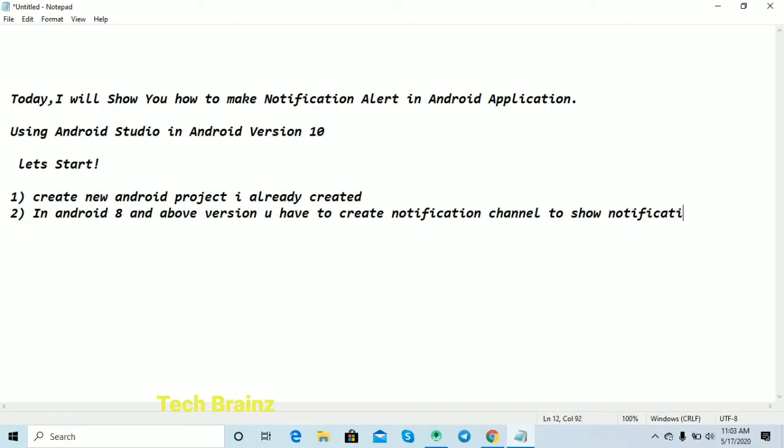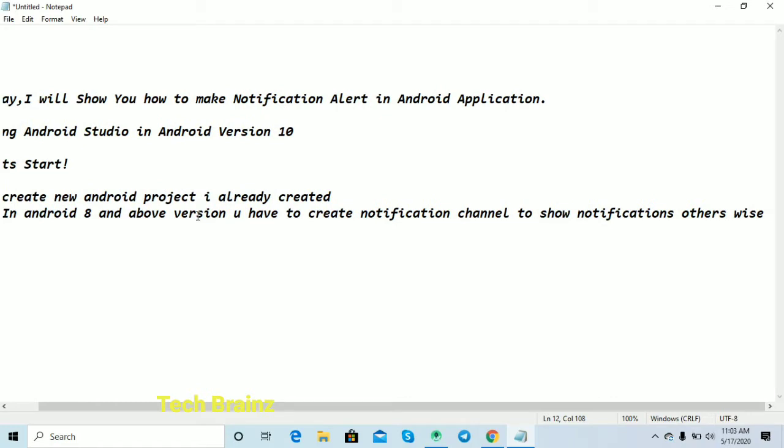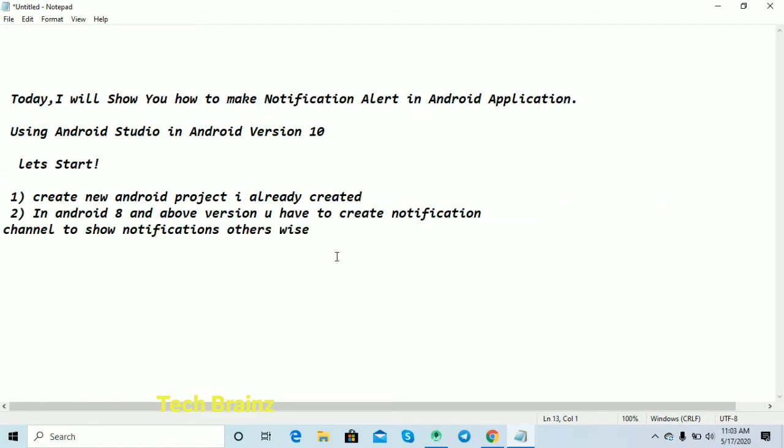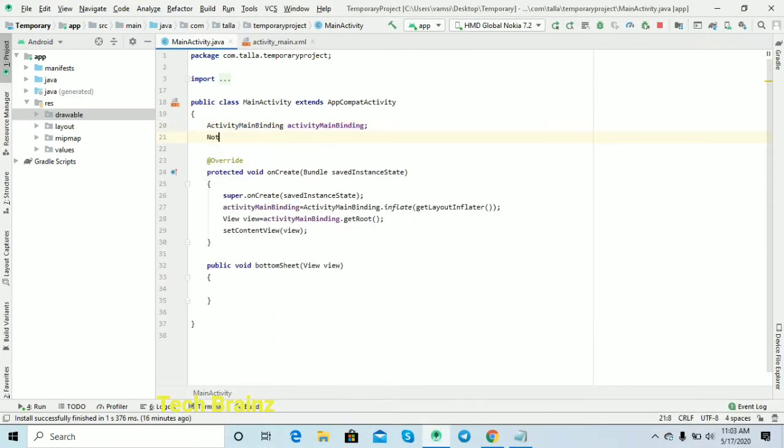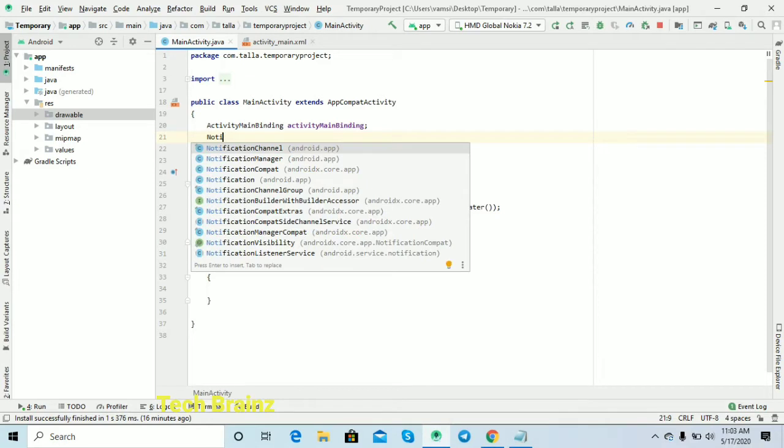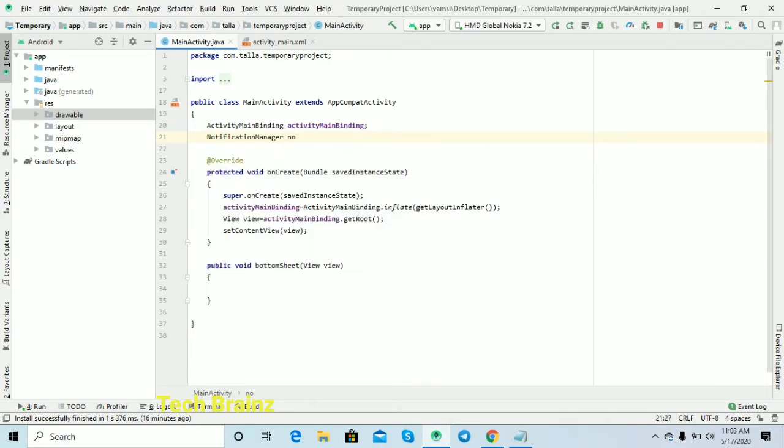Below Android 8 versions, we create the notification directly using NotificationCompat. It works, but in Android 8 and above it won't work because it needs a channel. With Google's latest update of the Android versions, the code has changed, so we have to proceed with the process Google has given in the documentation.